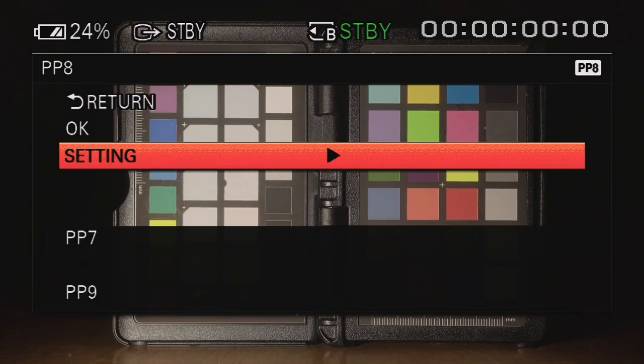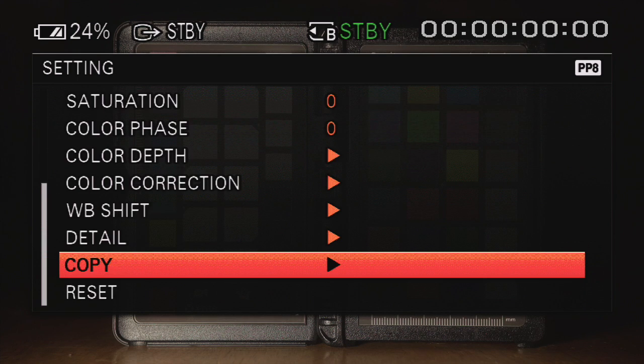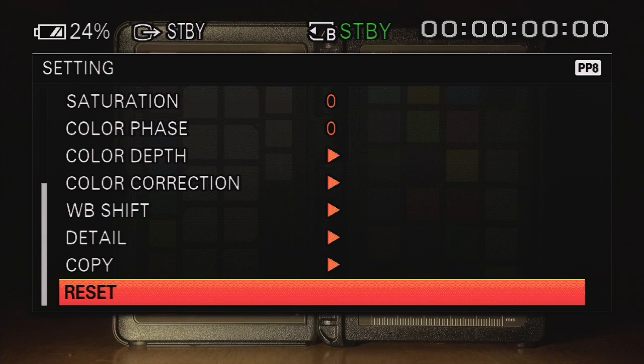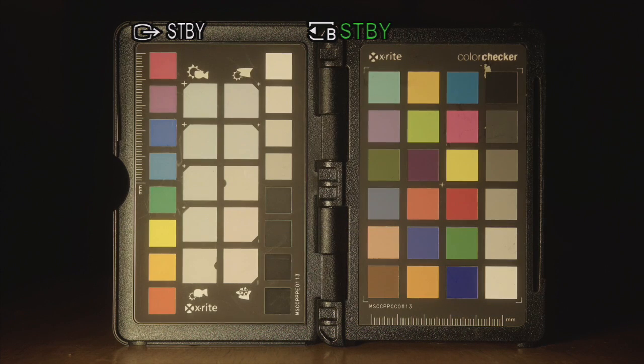I'm going to show you how to color correct inside of S-Log3. I've already had a bit of a play here, so I'm just going to reset everything to factory default, and I'll explain what we have in the camera, how we have the camera set up. We have a Tiffen 85 color correction filter, which is made for film. We have a Schneider half-strength Black Frost filter,